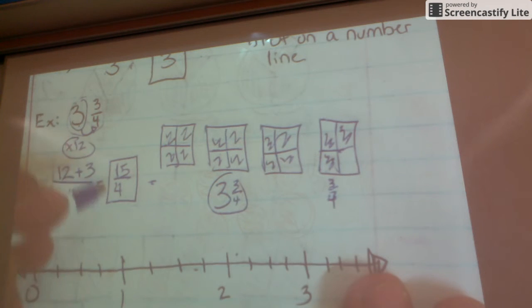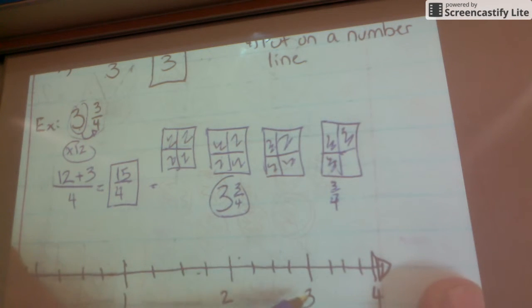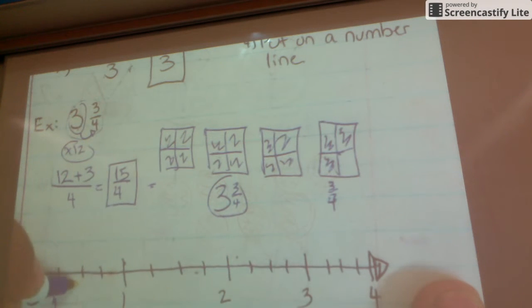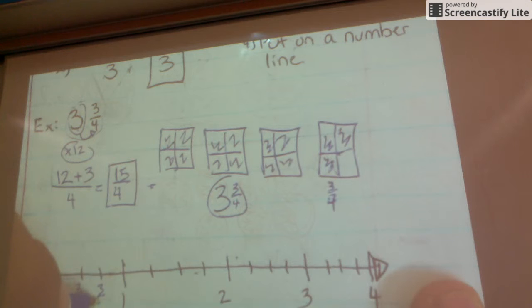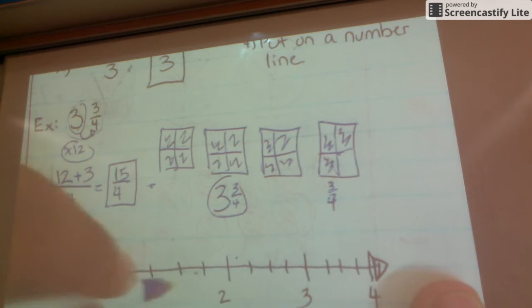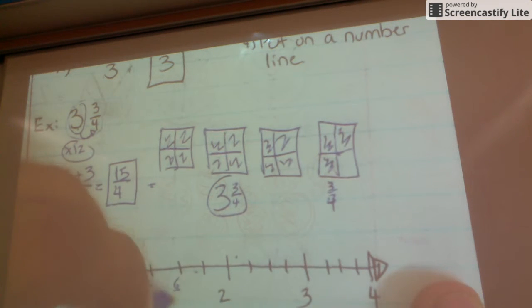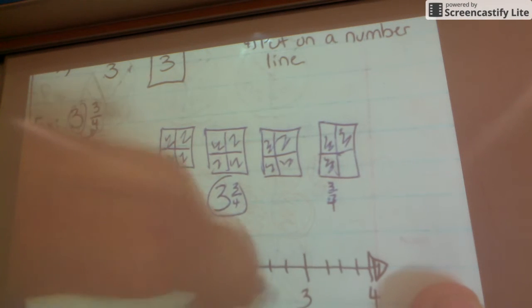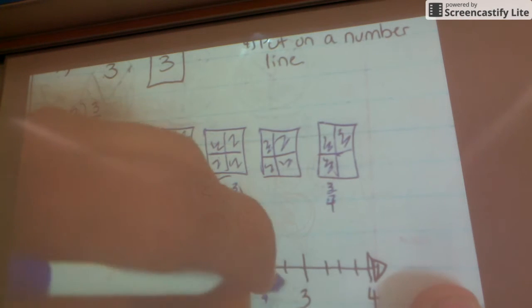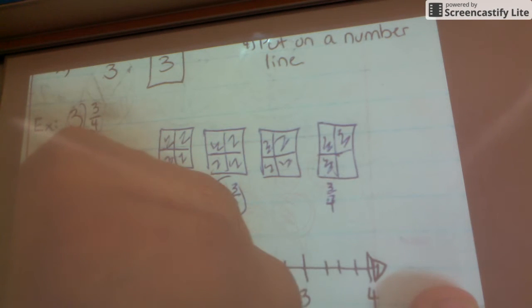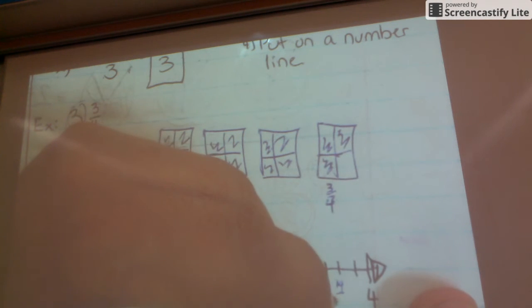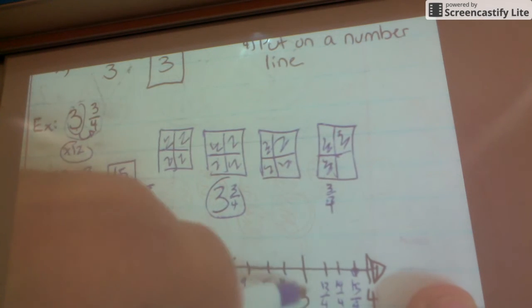Now if I put it on a number line, I want to do the same thing. It's going to be between 3 and 4. So I can start by counting from 0: 1 out of 4, 2 out of 4, 3 out of 4, 4 out of 4, which is 1 whole, 5 out of 4, 6 out of 4, 7 out of 4, 8 out of 4, 9 out of 4, 10 out of 4, 11 out of 4, 12 out of 4, 13 out of 4, 14 out of 4, and then 15 out of 4 finally is where we're at here,